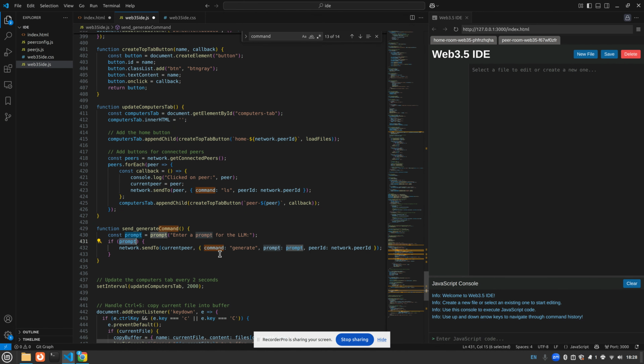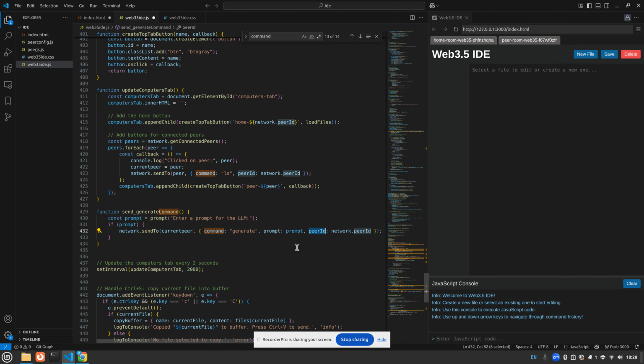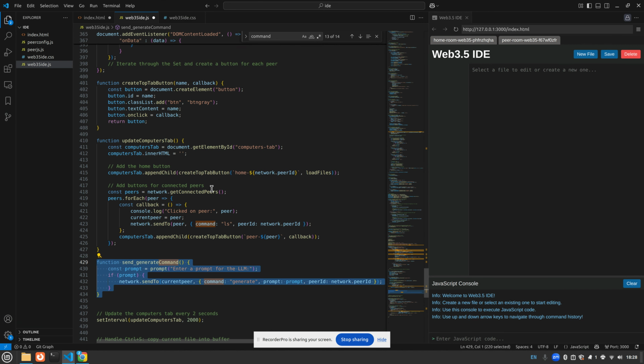So the peer id, where is this coming from? So we have to do this for each peer, right? So what we want to do is, no, we want to send to peer id some specific computer. So there is the tab selection. If we select the tab,